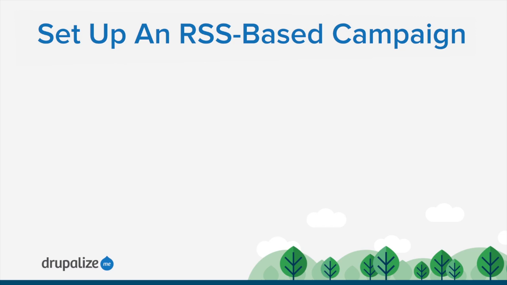MailChimp offers us the ability to set up RSS-based email campaigns that automatically send daily, weekly, or monthly emails to your subscribers based on the content of an RSS feed. It's really cool because in a way it allows us to automate some of the process of sending out our email newsletter, because MailChimp can just read in the content that we've already entered into our website and generate a